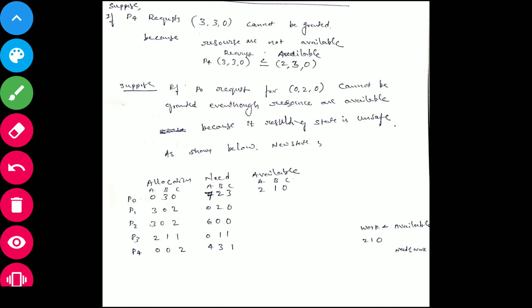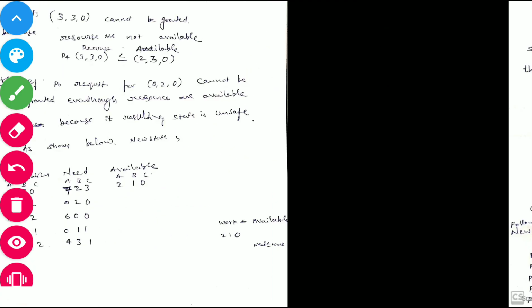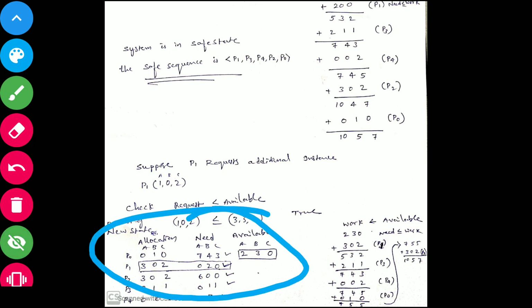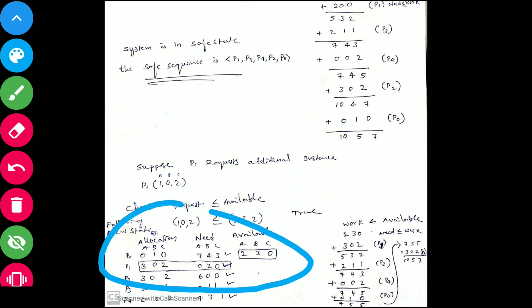I allocated that one actually. So for P0, I allocated these things, 020, for this snapshot.